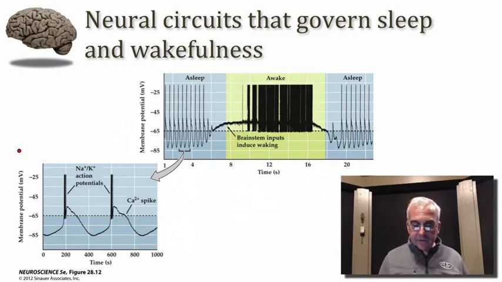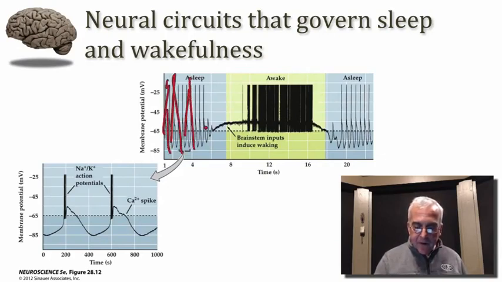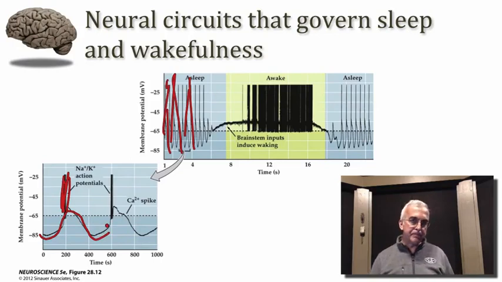So when an animal is asleep and we look at the recordings of membrane potential from a thalamocortical cell, we see that these cells are oscillating in a fairly slow rhythm. There is a slow depolarization envelope that hits threshold and then fires a series of action potentials. And then that leads to a deep hyperpolarization. So this is the oscillatory state. The membrane potential is hyperpolarized, and that hyperpolarization triggers a slow depolarizing envelope